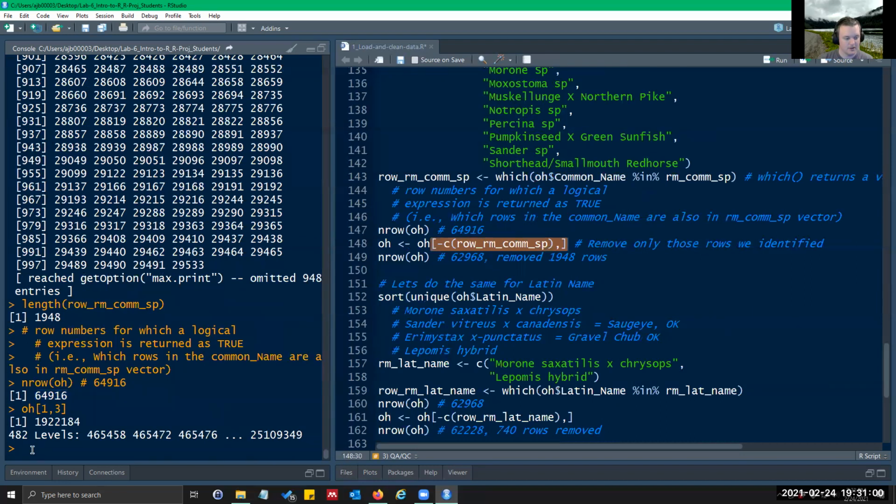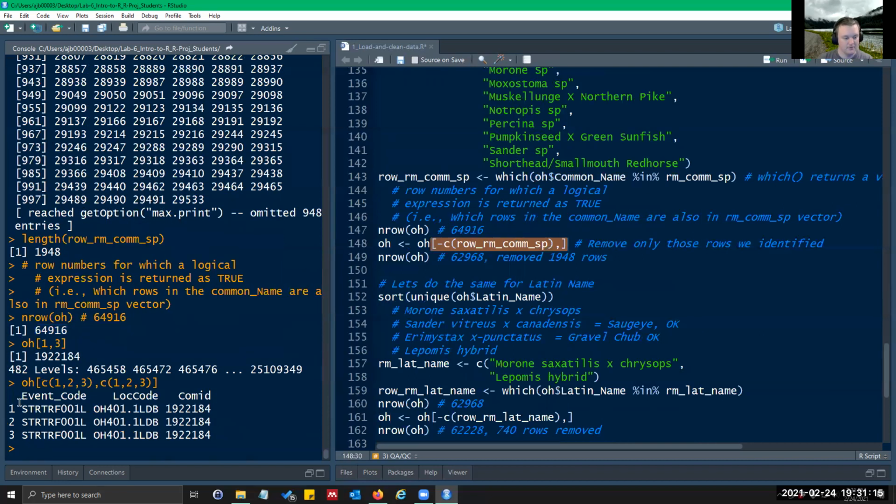And that's what it is. You can use vectors within that to get multiple rows and columns. You'll pull out first 3 rows, first 3 columns.